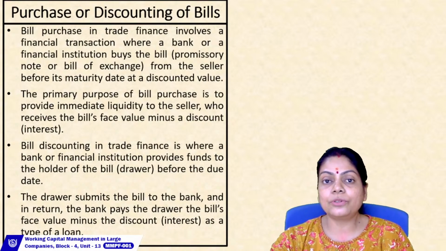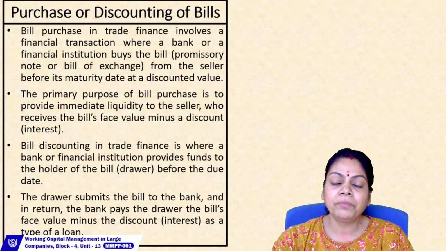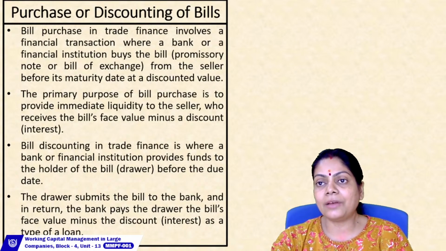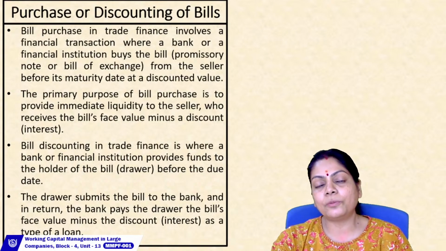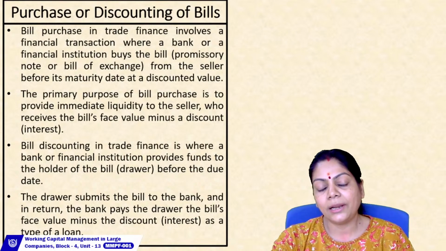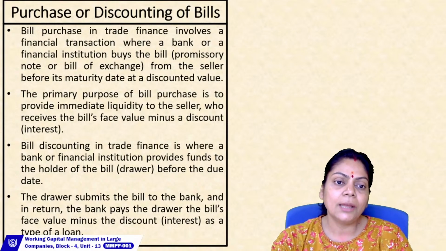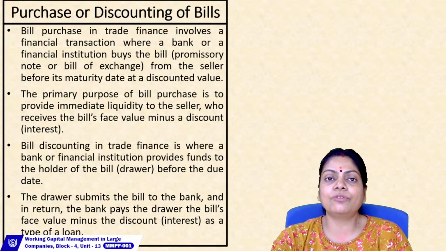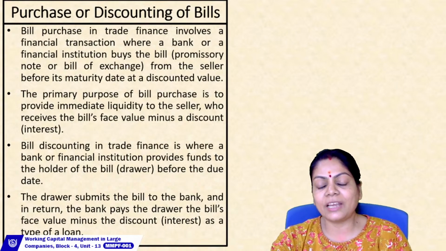Okay, so suppose I am the client, I have a banker, SBI is the banker, and let us say I have a bill. Now I will sell the bill to my banker, and suppose the bill is worth 5 lakh rupees. Now the banker will not actually give me 5 lakh, but he will give me a discounted value, suppose a 2% discount or 3% discount on the 5 lakh rupees. He will pay me the cash immediately.